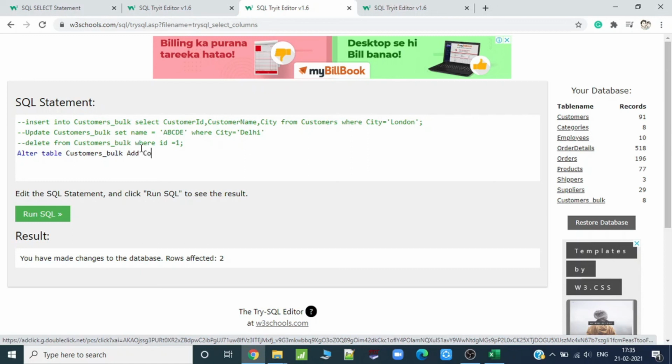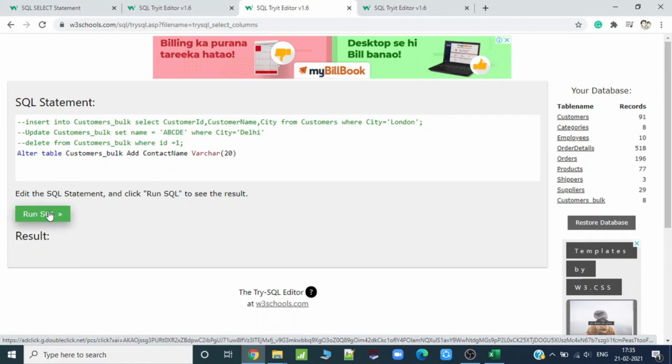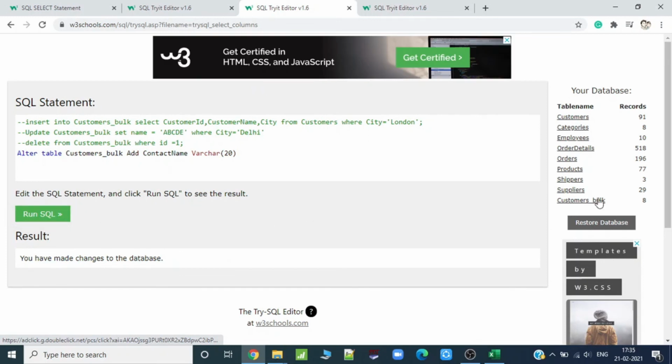Let's say contact name, and which type will it be? Varchar 20. So what it will do is add one additional column, contact name, in the customer bulk.